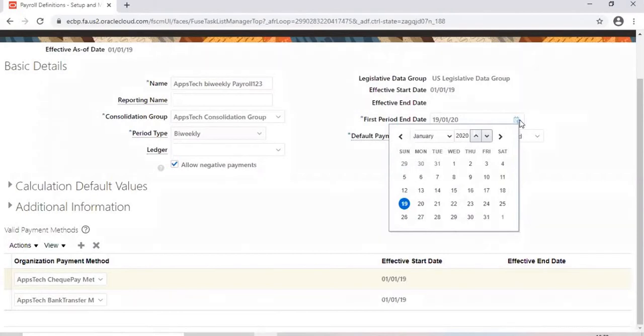When the system is live, for example from January 1st, or February, March, whenever, it means the client has started using this application. When they run the payroll, all previous payroll processes are already there in the legacy system, whatever the current system is. Now, when the client is processing employee salaries, the first period in the Fusion application,